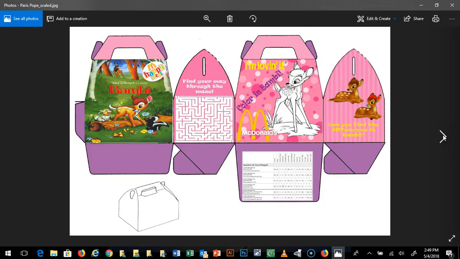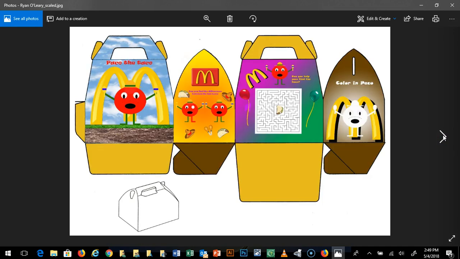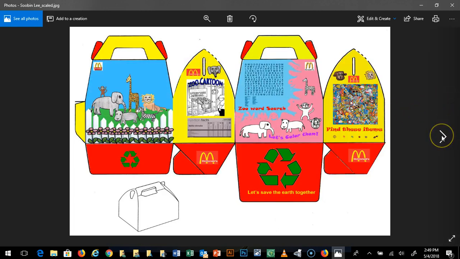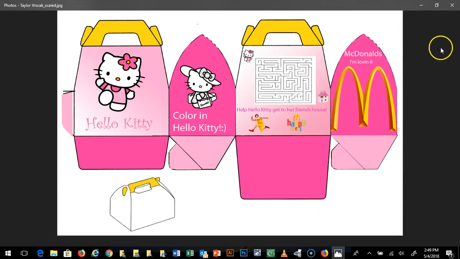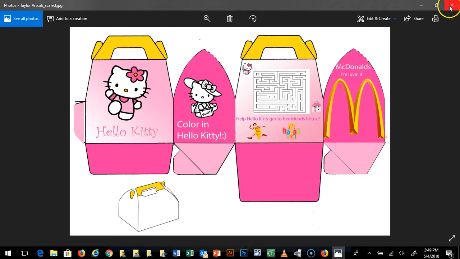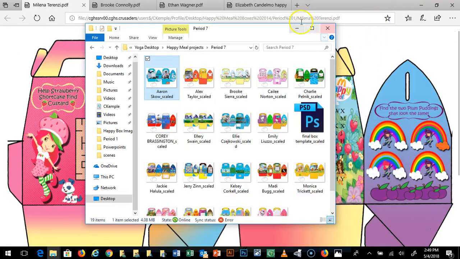All right, here's something called Paco the Taco, but it's not a taco. I don't know why he's called the taco when he looks like a tomato or something. All right, again, original. This is kind of cool just because it's original art. They actually tried to do their own thing. All right, again, more Hello Kitty that's just really badly designed. So anyway,